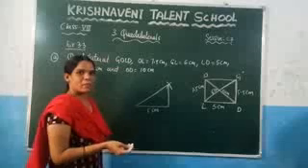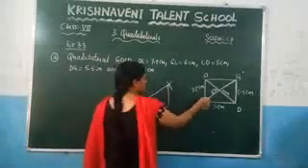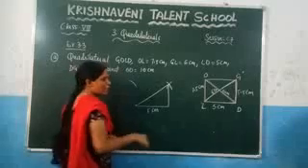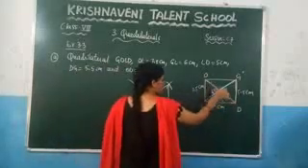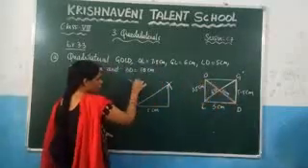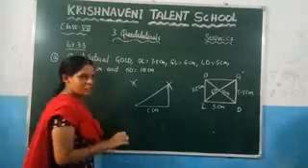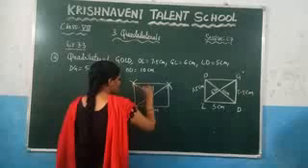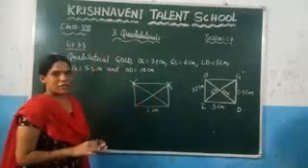Now let us draw the remaining arcs here. What you know, this is 7.5. So at this point draw an arc of 7.5, and similarly what is this length, which is 10. So at this point draw an arc of 10 centimeters. Again you got one more intersection point. Now join this one and join this one. So you will get the quadrilateral.